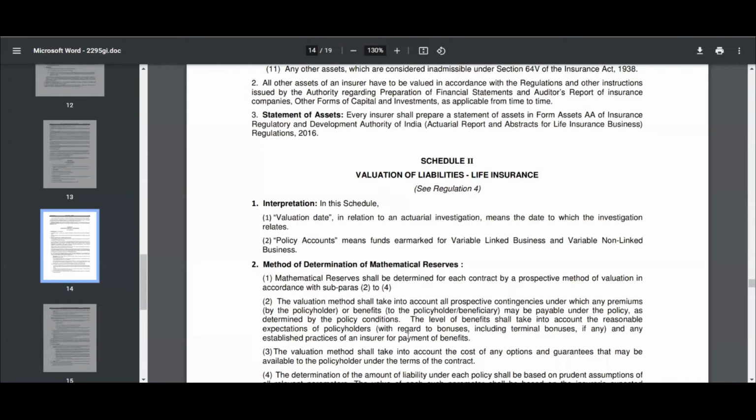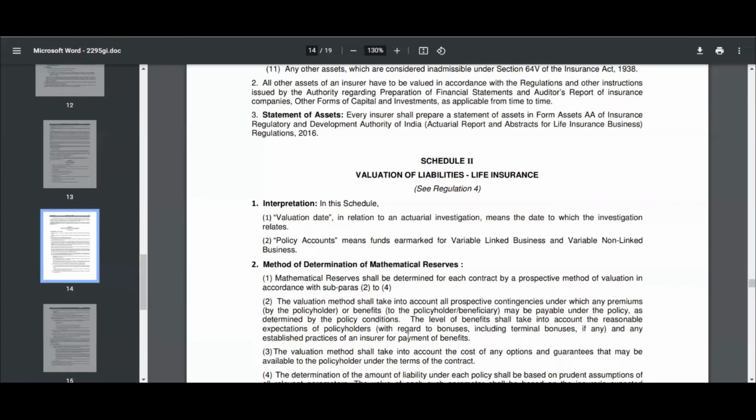The word mathematical is very important because there is no physical existence. For example, in a chocolate company there will be a liability, right? In a sports shoe manufacturing company there would be a liability because there the liability would be inventory. If you are not selling the inventory, then you would be losing money. So those are liabilities, but in this case there is no such thing as physical liability, because insurance is based on the service concept, right?